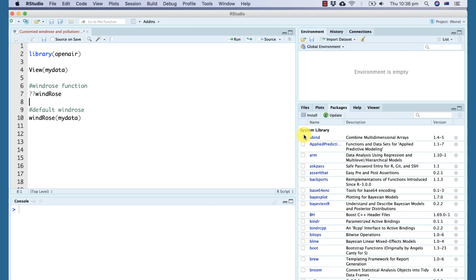Hi everyone, today we'll be learning how we can easily create Windrose and Pollutionrose in R. It's really easy to create Windrose in R using the Openair package. I'll go through the step-by-step process of how you can make Windrose first. To make Windrose, first you have to